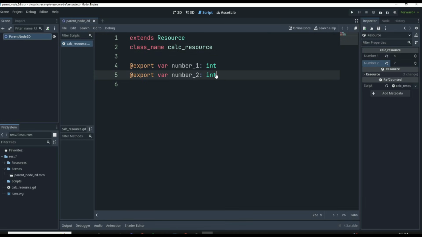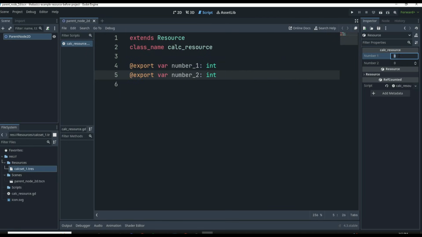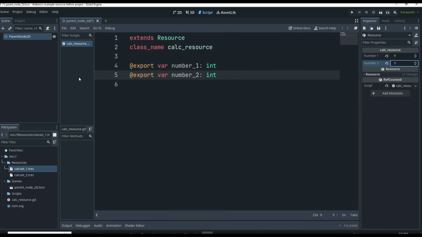But if we do that, we can store this data, and then if we come over here to the resources, you're going to see that data is going to be stored within this calculator set. If we come up here and create a new resource, calculator resource, and we change up the numbers, maybe to 9 and 3, and then we save this as calc set 2,